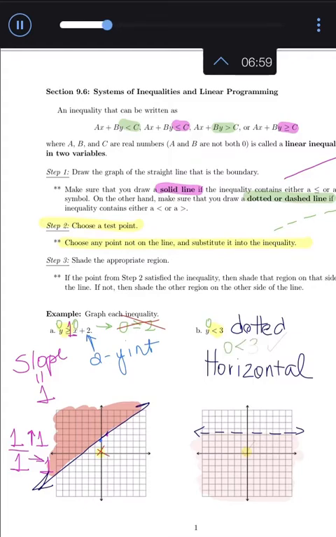So is 0 less than 3? Absolutely. So that means that 0, 0, we're going to put a little check there, works this time. Because that does work, we're going to shade that side of our graph that 0, 0 is actually on this time. Because it worked. So I'm going to shade that entire side that 0, 0 is on. That's all. We're done. Let's look at the next